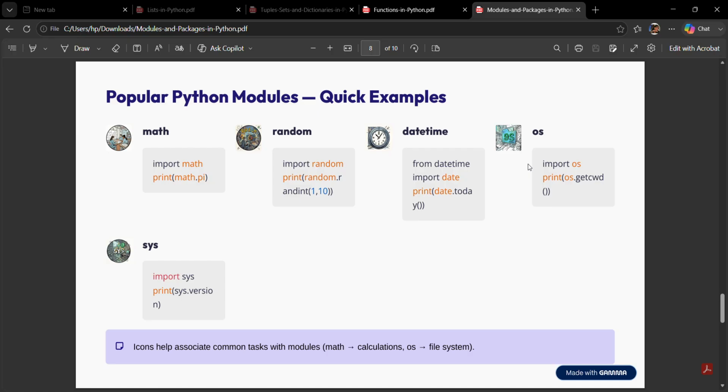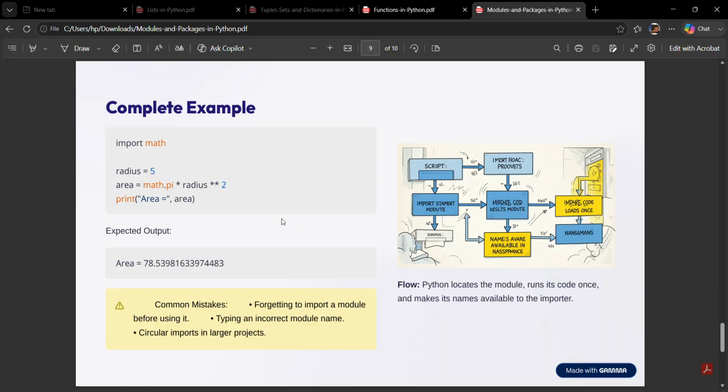Fourth one is os, which interacts with files and folders. Example: Python ID equal to 20, import os, print(os.getcwd()). This displays the current working directory. The fifth one is sys, which provides information about the Python interpreter. Python ID equal to 21, import sys, print(sys.version). These modules are widely used in real-world Python applications. So the ninth slide is a